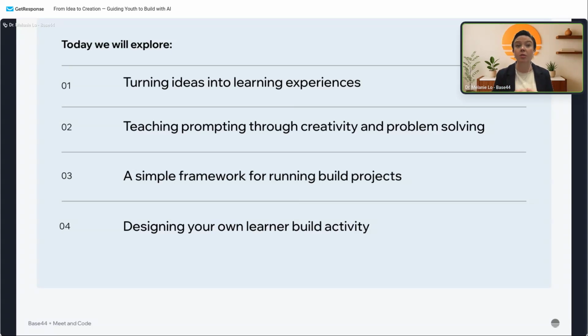And what we're going to talk through is how we frame and create these guided experiences